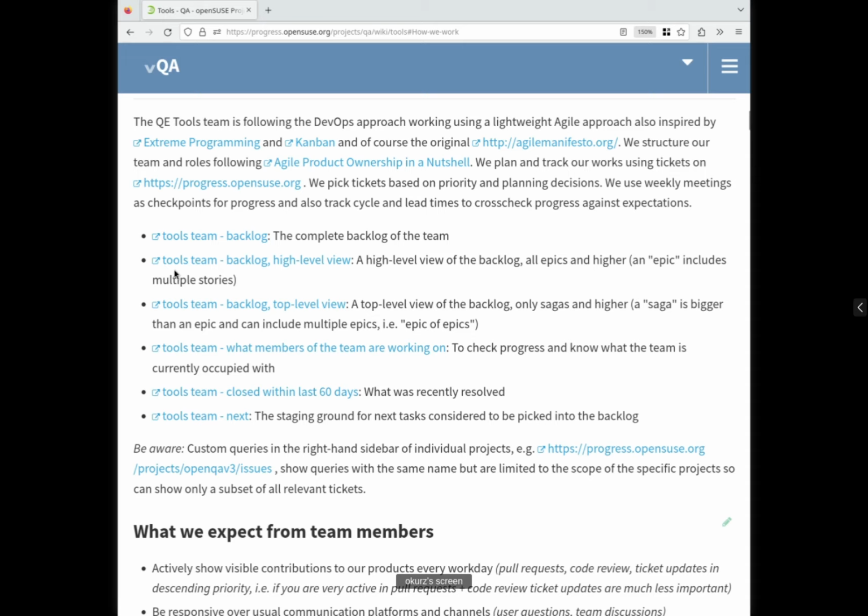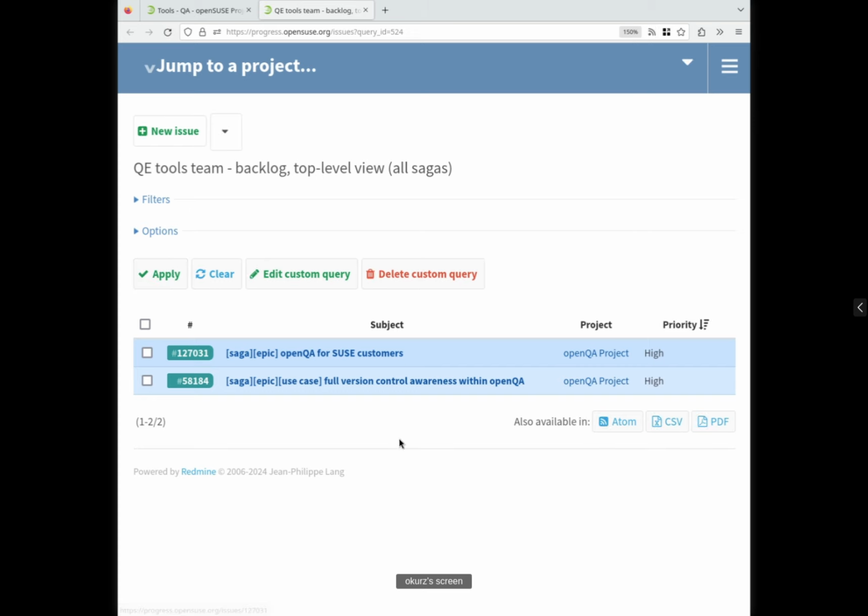So, upcoming plan. We have the top level view, and that top level view has now basically a free spot for new sagas. Right now we have 2 sagas, OpenQA for SUSE customers and full version control awareness within OpenQA.